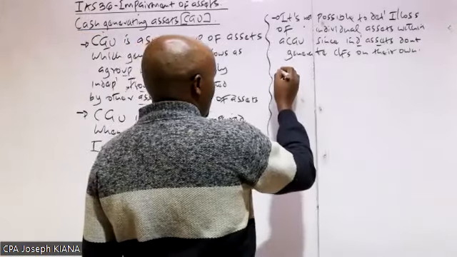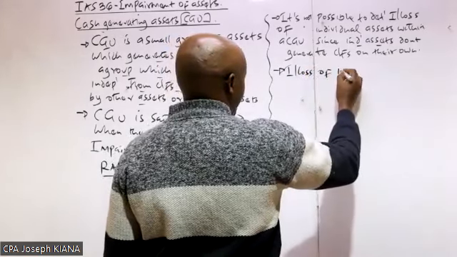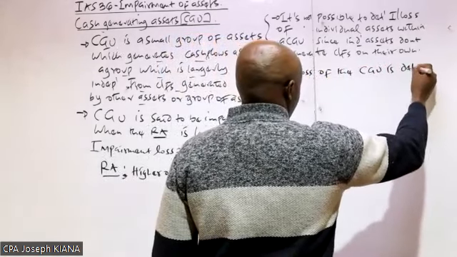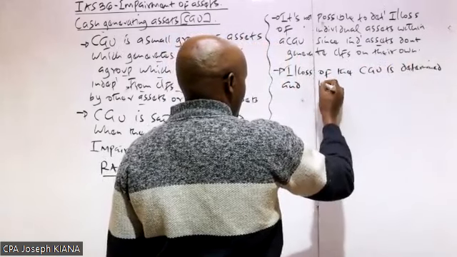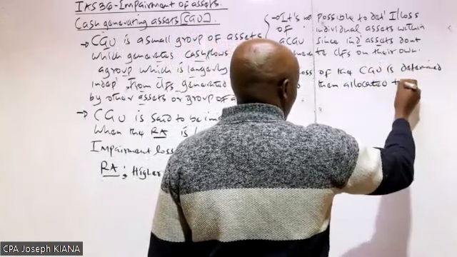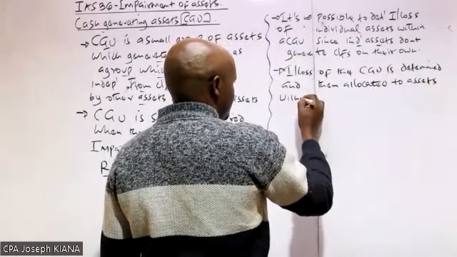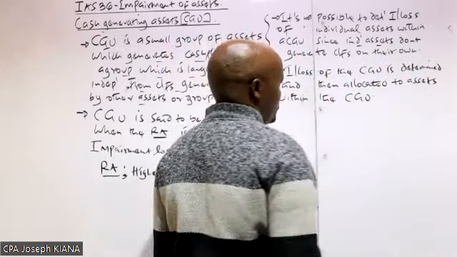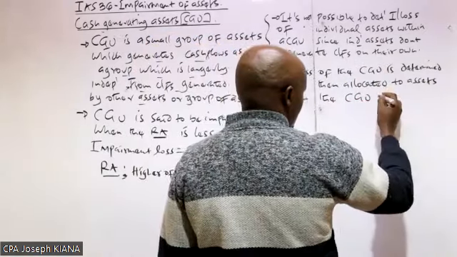So in this case, we can say that the impairment loss of the CGU, the cash generating unit, is determined and then allocated to the assets within the CGU in the following